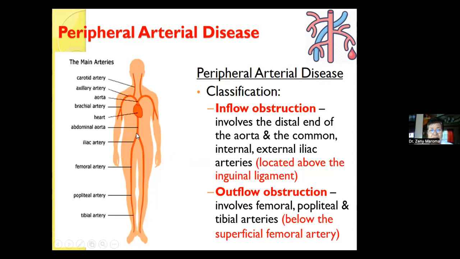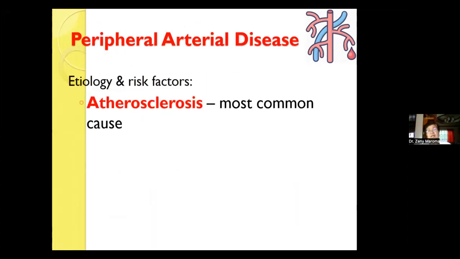So, from here to dito sa singit, sa may inguinal ligament, inflow obstruction. From here, sa singit, femoral artery, popliteal artery, tibial, outflow obstruction. Alin daw ang barado? Femoral, popliteal, tibial artery. Below the superficial femoral artery. So yun yung inflow and outflow obstruction. At ang mga risk factors,